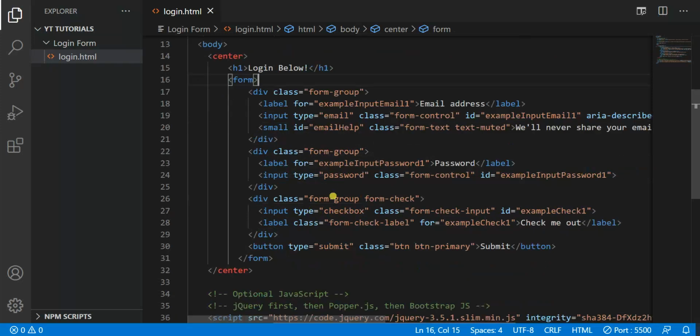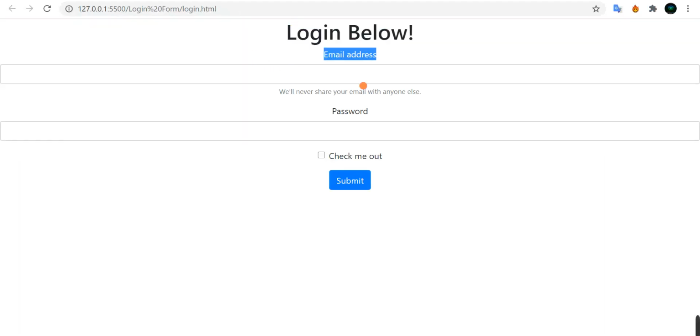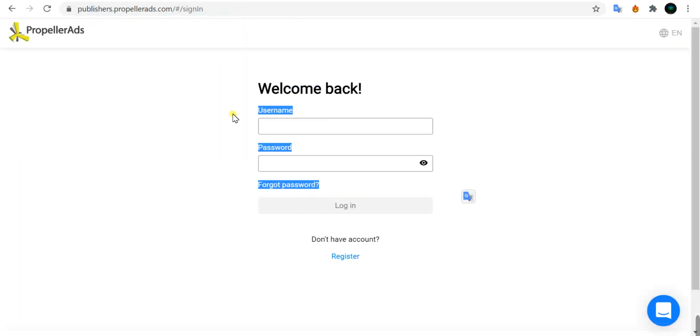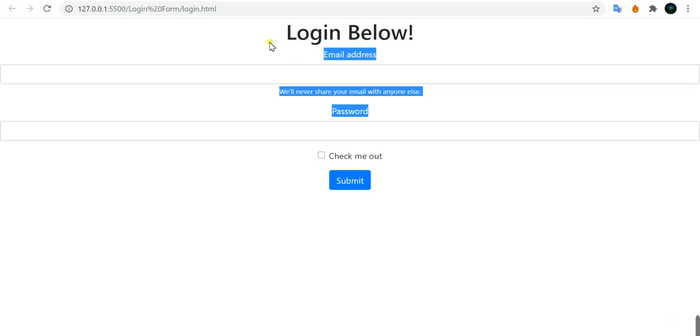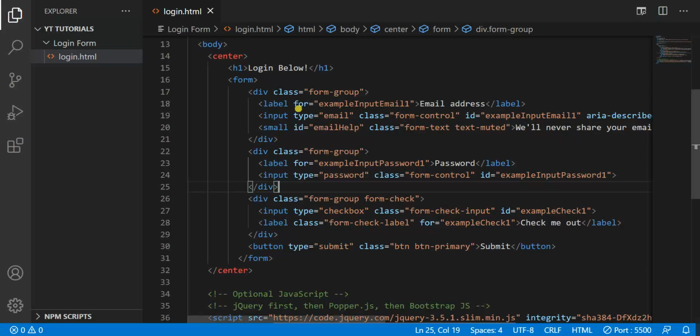Now if you see the preview of this page, it will be something like this. But it is not looking like the target because the whole form should be made in a small area, which is pretty good. To do this, we also need to add some style to it.